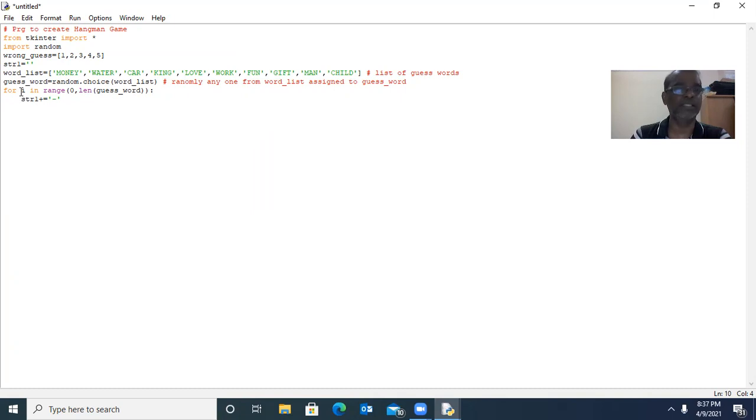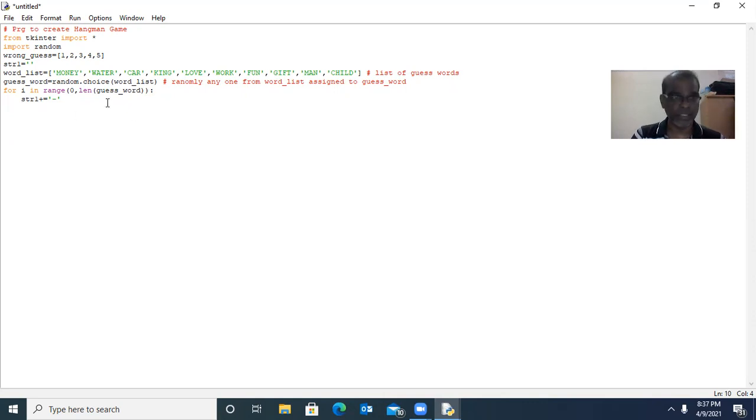Now i will be 1. Once again, whatever content is in str1 will be appended with another hyphen. Already str1 contains a single hyphen, now it contains a double hyphen. Likewise the third hyphen, fourth hyphen, as well as the fifth hyphen. Similarly, if guess_word is assigned car, it has only 3 alphabets, so str1 contains 3 hyphens. That is what we must know.